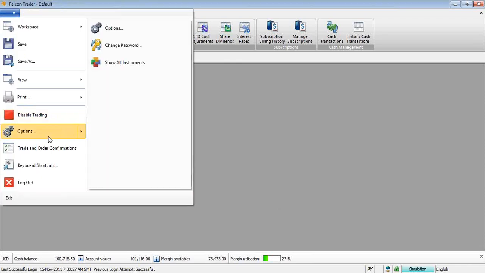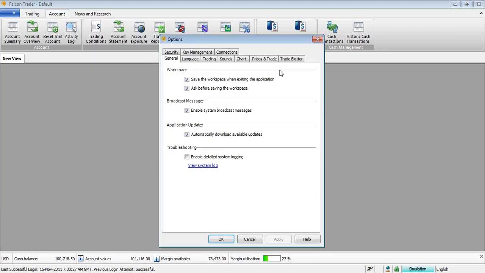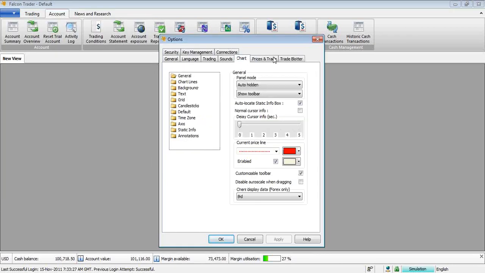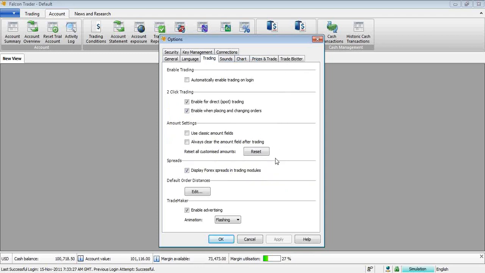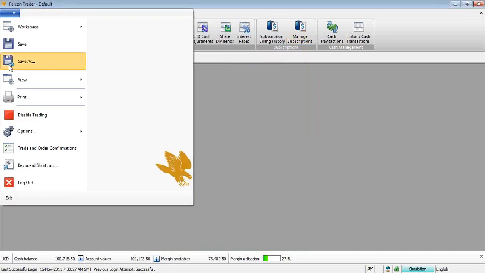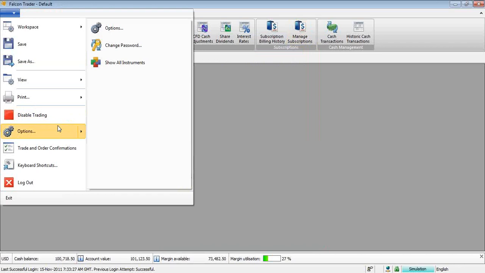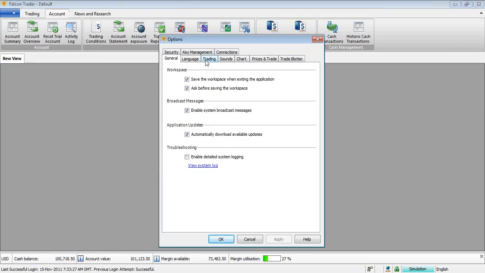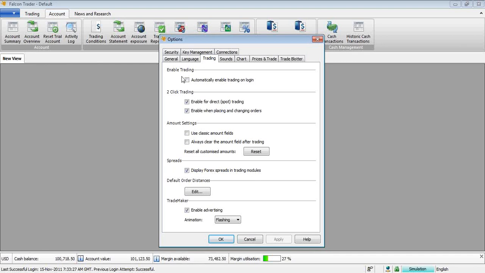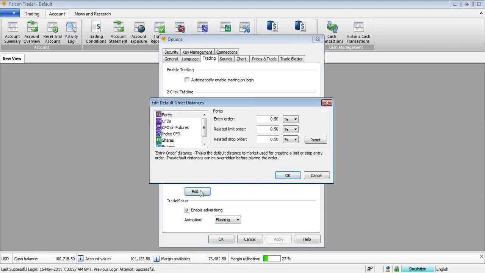With regards to options, we also have the ability to go through our trading for different orders. On the web trader, it will be a little bit easier to show the percentage stop losses, and I'll go through that tomorrow. But on the Falcon trader, if you go on to options and bring up the options window, select trading, and in this list we have different options, and towards the bottom we have the default order distances. If I bring that up,